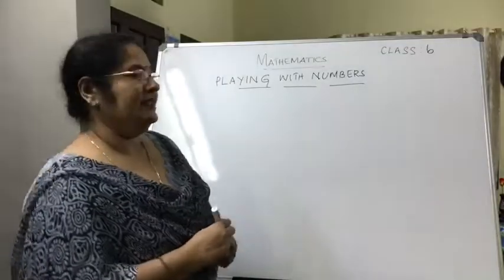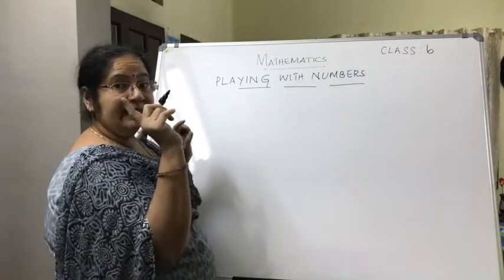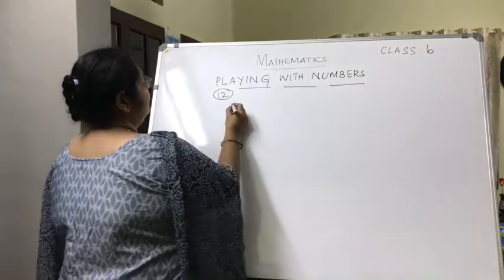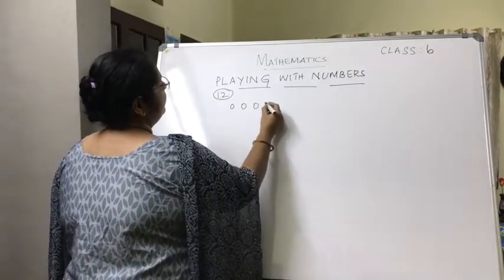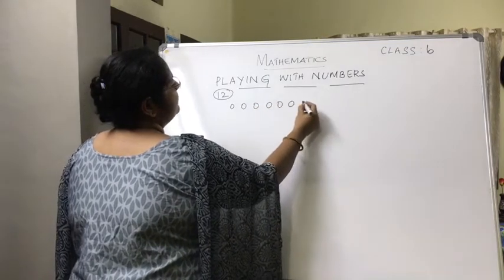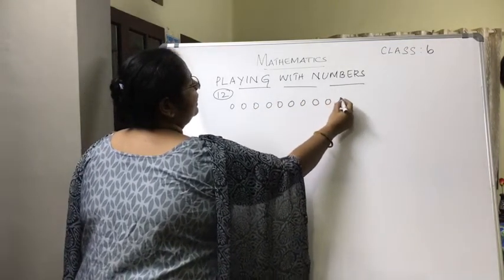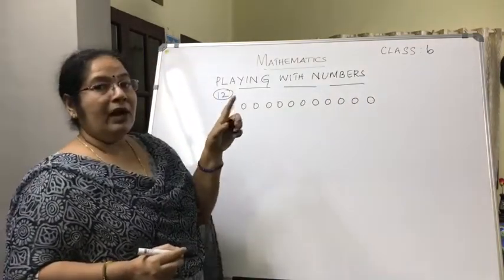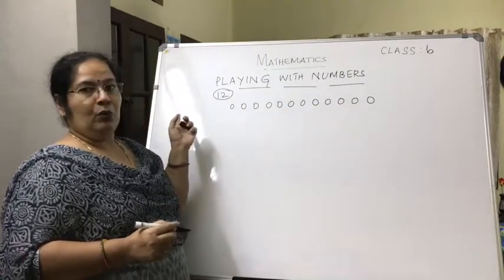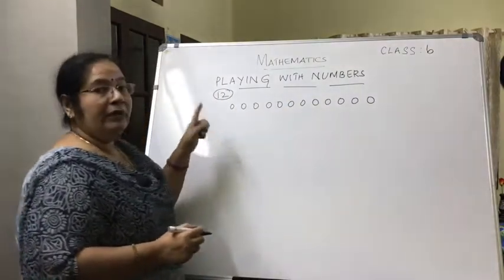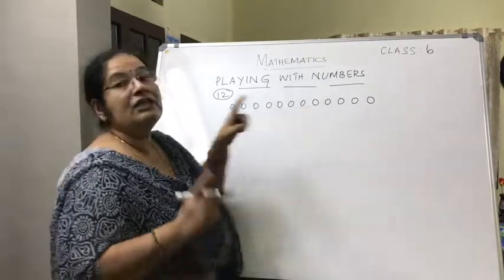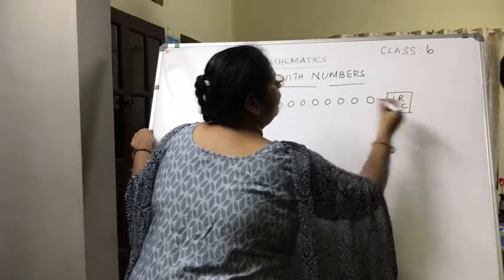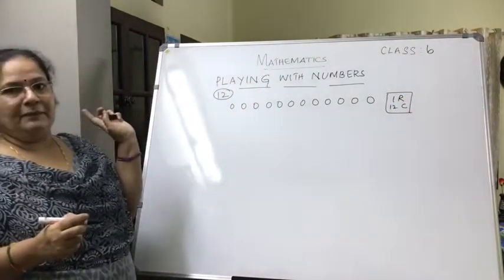Now one way of representing is, see I'm having, how many beads did I say? 12 beads. Okay. So this 12 beads I am going to arrange. One way is 1, 2, 3, 4, 5, 6, 7, 8, 9, 10, 11, 12. I have arranged it in one single row. One single row, and how many columns? Columns are 12. So one row, 12 columns. This is one way of representing the 12 beads.